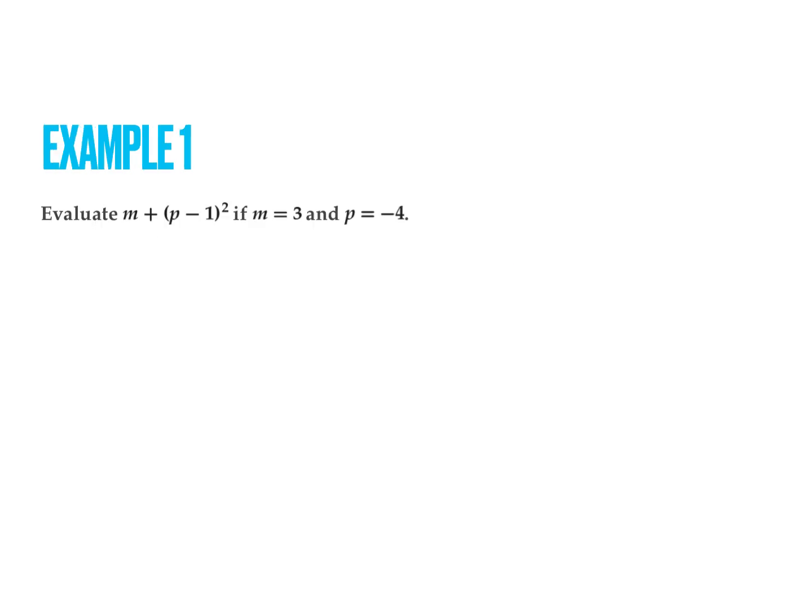So for this example, we have evaluate m plus p minus 1 squared if m is equal to 3 and p is equal to negative 4. So what I'm going to do is go ahead and plug those numbers in. I will plug in the m into the m, the p into the p. So when I do that, I get 3 plus negative 4 minus 1 squared. Now after I plug that in, I follow PEMDAS and I start with parentheses. The first thing in the parentheses is the negative 4 minus 1. So we get 3 plus